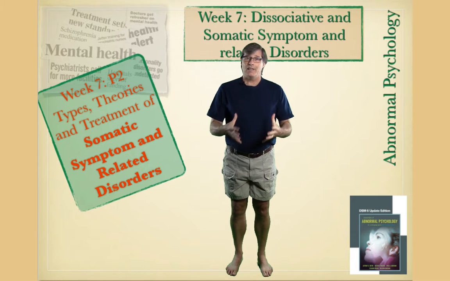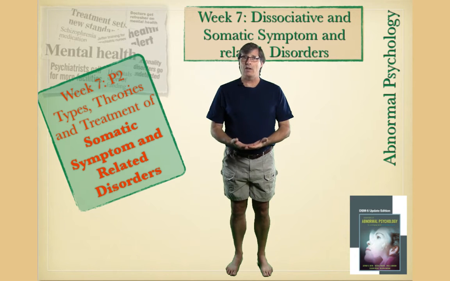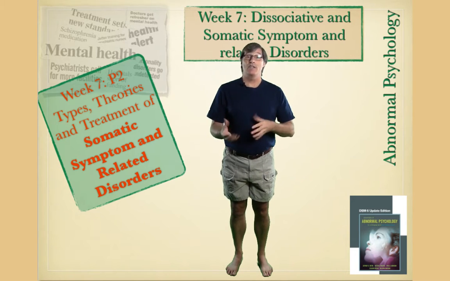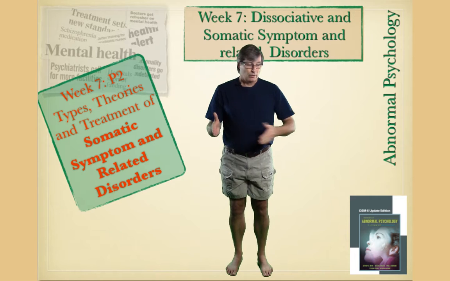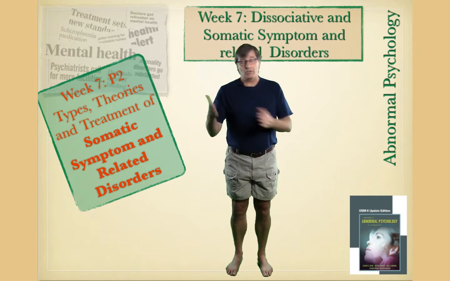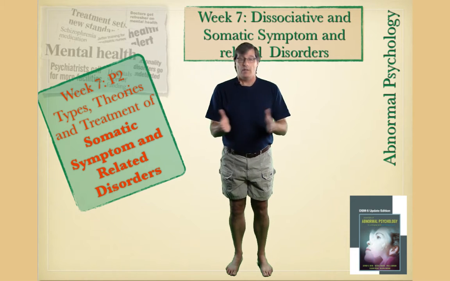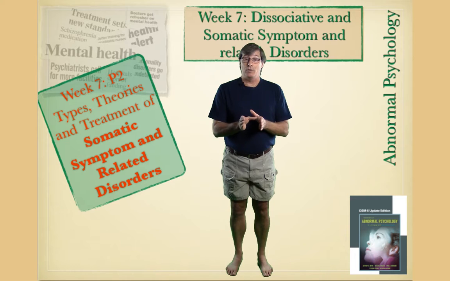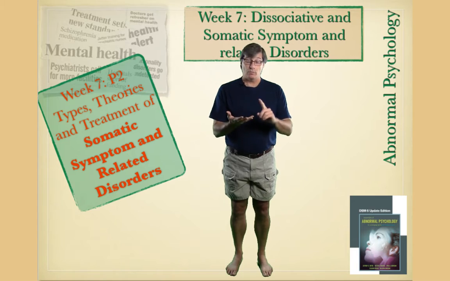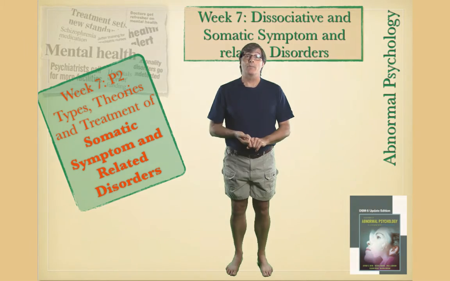So these ones, again, are not particularly common, although there will be variations. And remember, a lot of the DSM-5 is on a dimension, so it's like a scale from extreme none to extreme a lot. Most of this will fit somewhere in the middle. With somatic symptom disorders, they're on the extreme. Okay? So let's get on with this one. We're going to look at types, theories, and treatments.